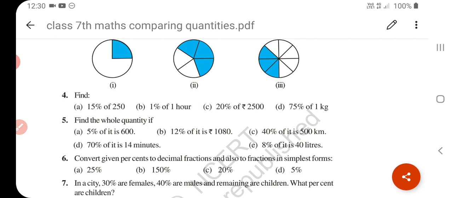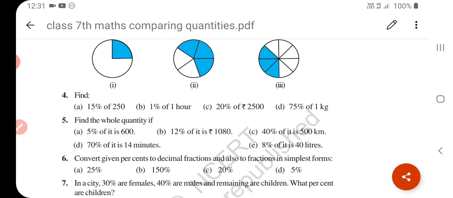When we compare two quantities of the same unit, there is no need to write the unit. Hence, ratios are not expressed in units. They are pure numbers. A ratio only tells us how many times. The conditions for comparison using ratio are as follows. Always compare quantities of the same kind. Always compare quantities with the same unit, and ratio has no unit involved in it. Understand? And what is equivalent ratio?